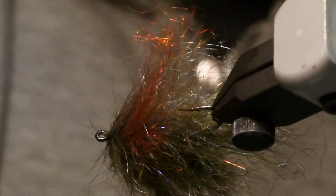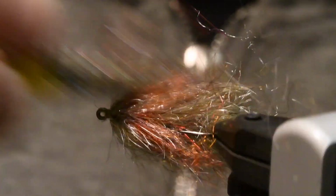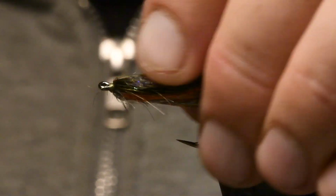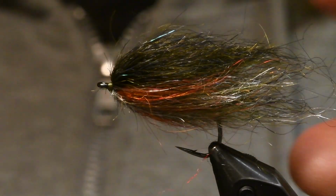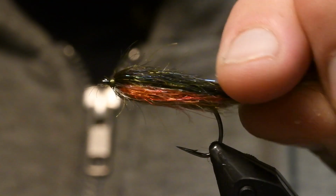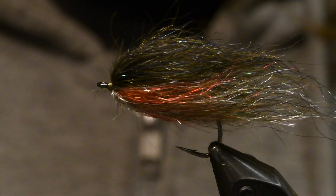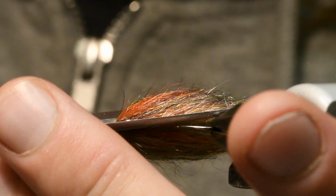Then I take a dubbing brush and just brush everything so I get away a lot of the loose fibers and also correct the fly. Now it kind of looks like shit almost, a little meatball or what to call it, but we will cut it perfect. So now I start by cutting kind of